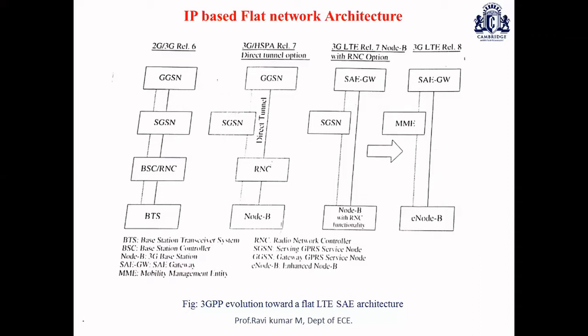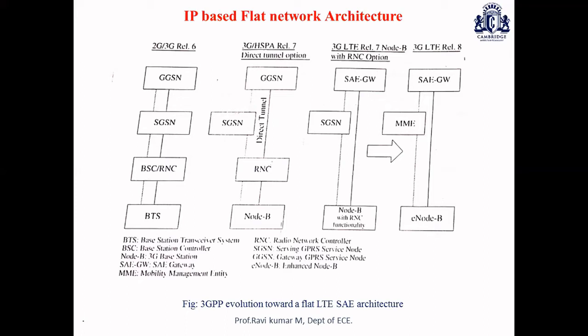The figure shows how 3GPP network architecture evolved after a few releases. You can see release 6, 7, the enhanced version of 7, and release 8. Previously, we had only 4 network elements in the data path. These are the base station, or Node B, the RNC, radio network controller, the serving GPRS service node, and the gateway GPRS service node.